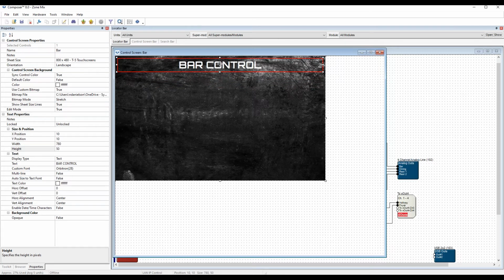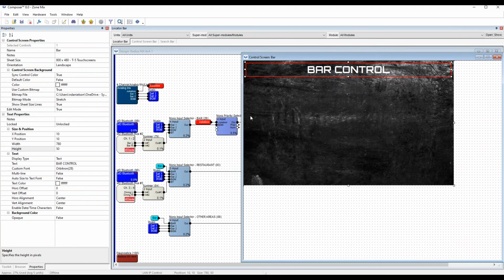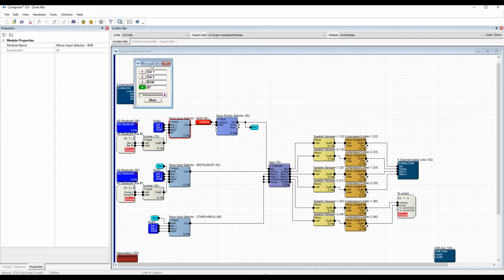All right, so we'll put it up top, and let's move on to getting some actual objects moved over onto the screen here. So we're going to start with our source selection. I'm going to move this over so we can see this is our bar source selector right here. Let's double click it. And so pretty much any of these objects in these module GUIs, you can